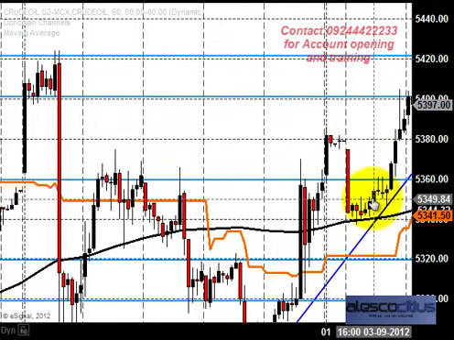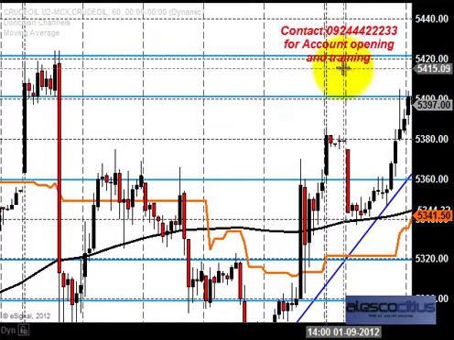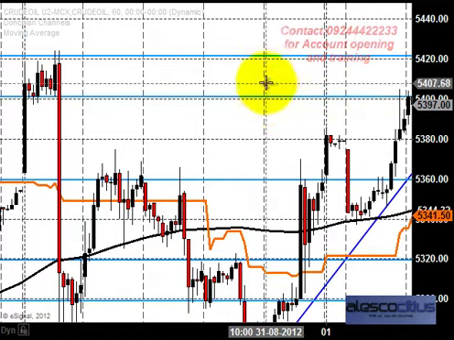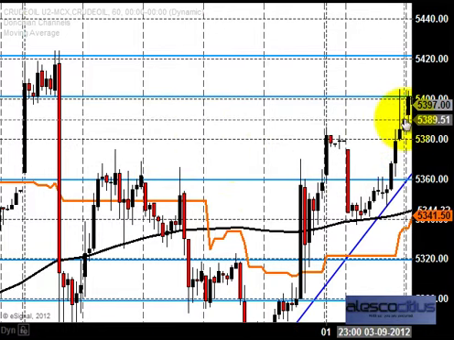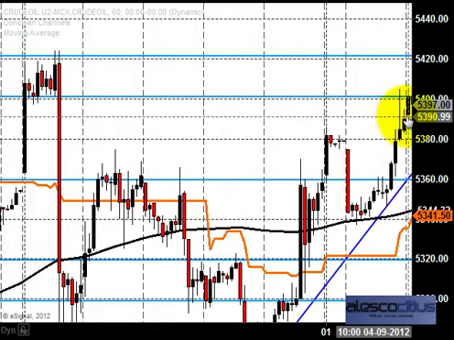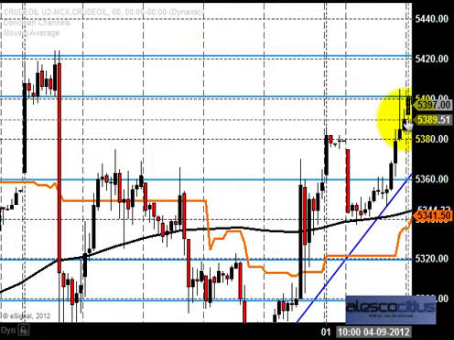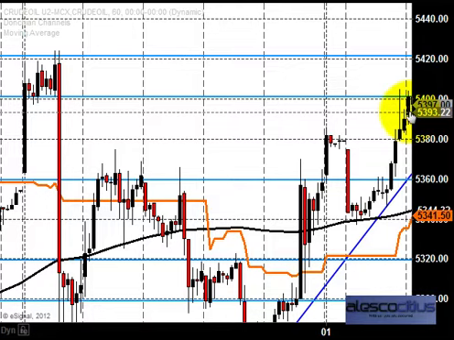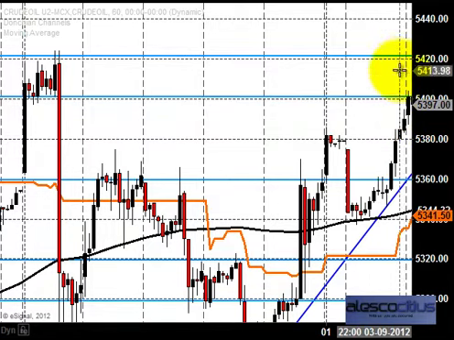Whenever I place a cursor on a particular candlestick, you can see the date below. And these vertical dotted lines indicate the price opening and closing for the respective days. Yesterday crude market opened around 5390. So yesterday's price opening was above the previous day's price closing, and also it was within the major resistance zone